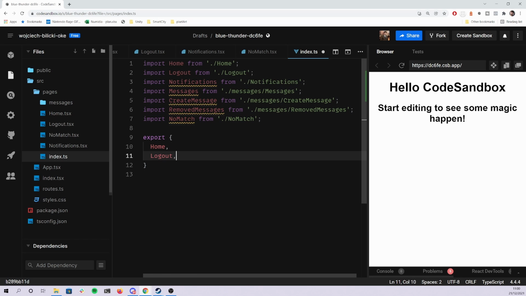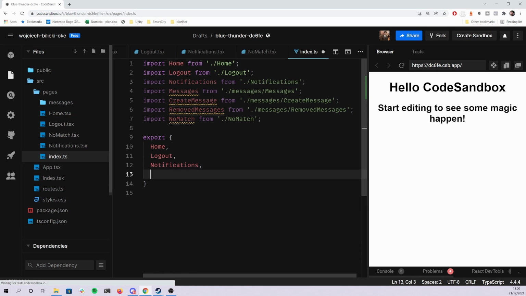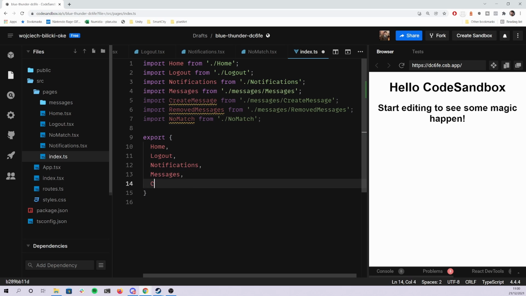Home, logout, notifications, messages, create message, remove messages. Okay,